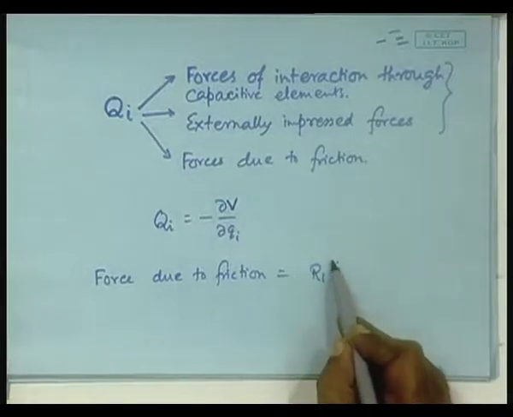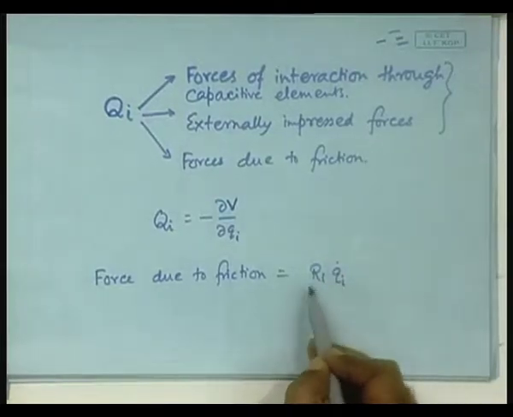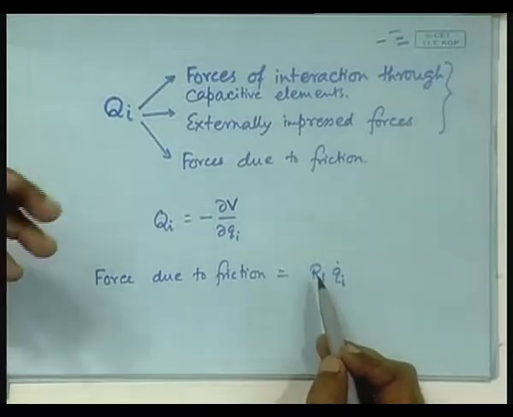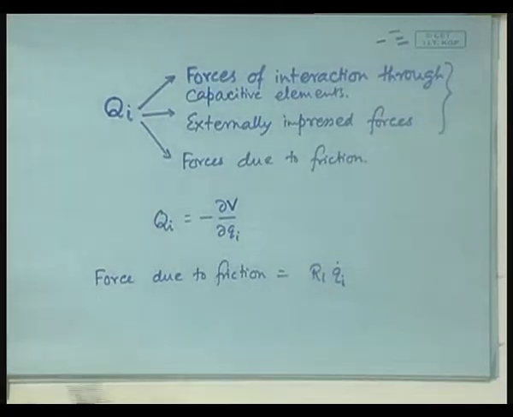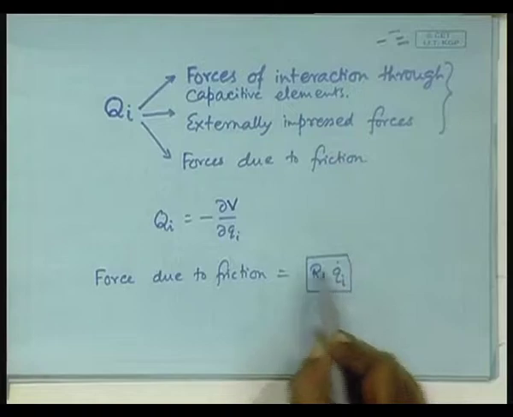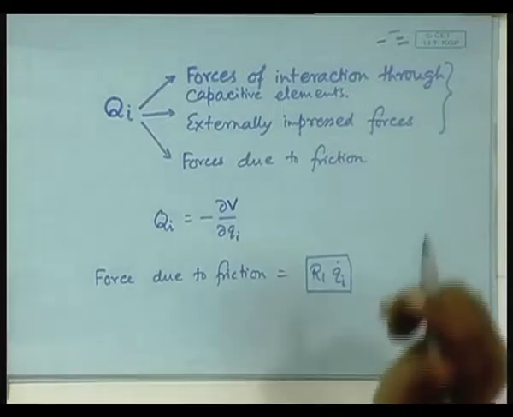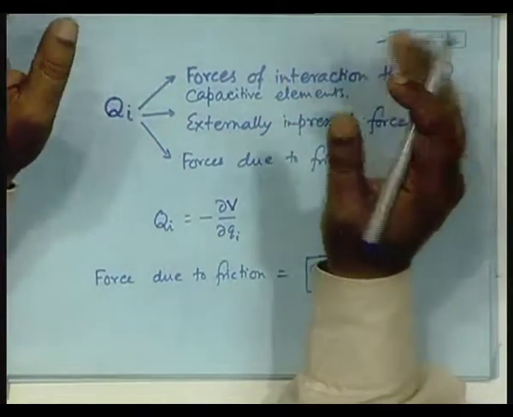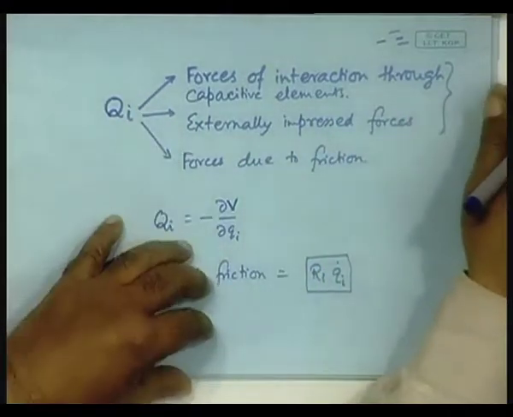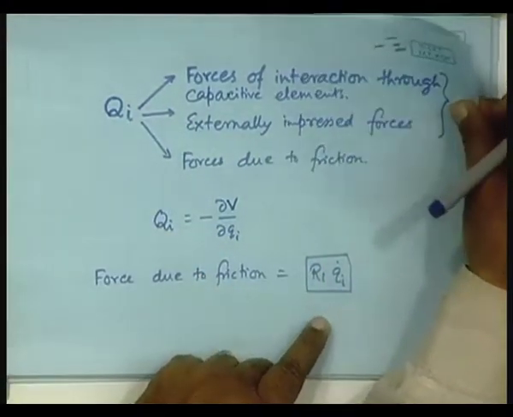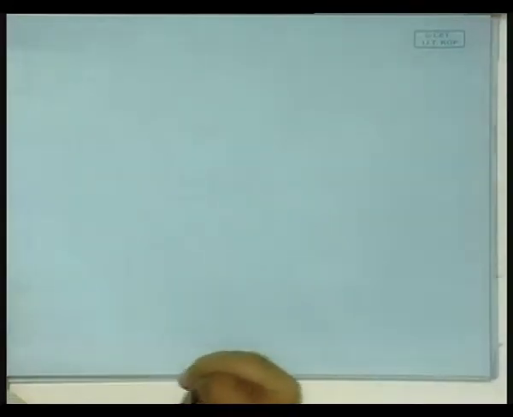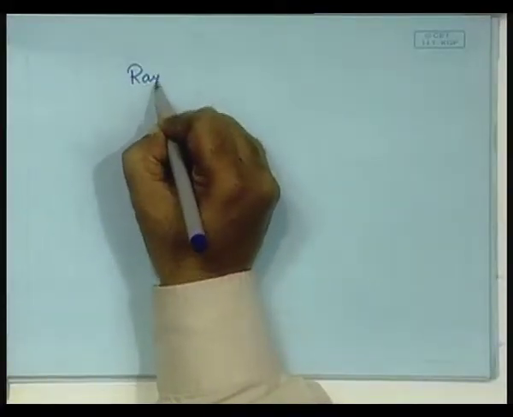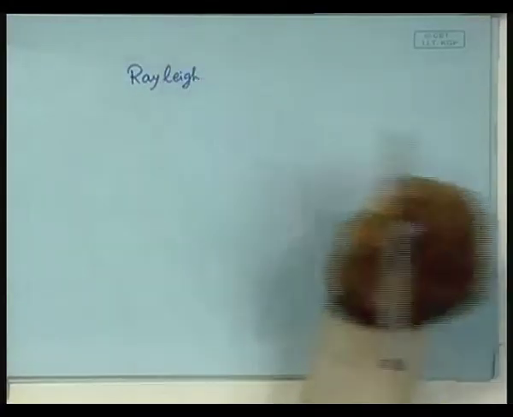In that direction the velocity is q_i dot, and on that we have to multiply the frictional coefficient. So, this is the expression. Obviously, that cannot be obtained like this, but we have already seen there are many advantages of the Lagrangian formalism which we do not want to give up. So, somehow we want to include this into the Lagrangian formalism. Rayleigh proposed that this can be done